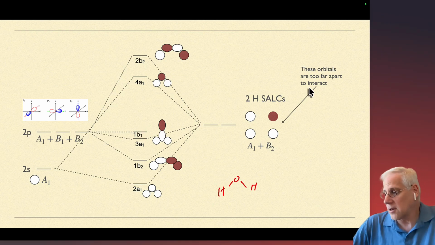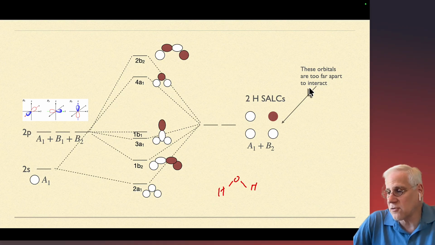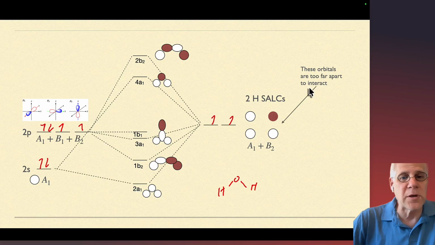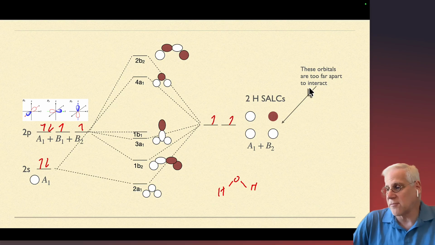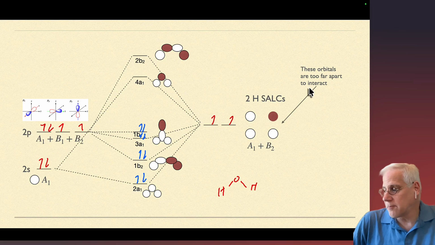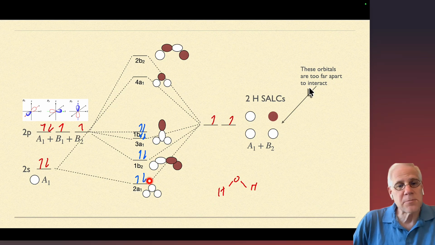Now, if we take a look at occupying our orbitals with electrons, we know that oxygen occupies like that. Our SALCs would occupy like that. We have one electron in each of those s orbitals. So we have a total of 6 and 8 electrons. And so they're going to fill in like this. Still follow Hund's rule. So they'll follow something like that. So these become our bonds between the hydrogen and the oxygen, and these two become our lone pair on the